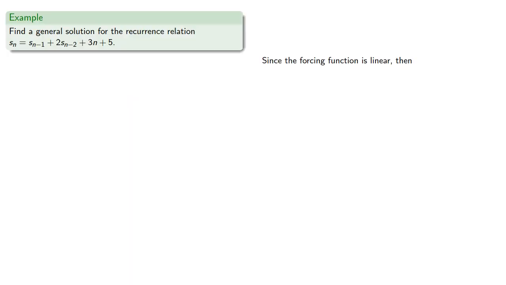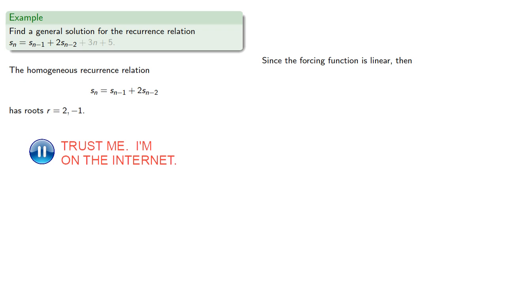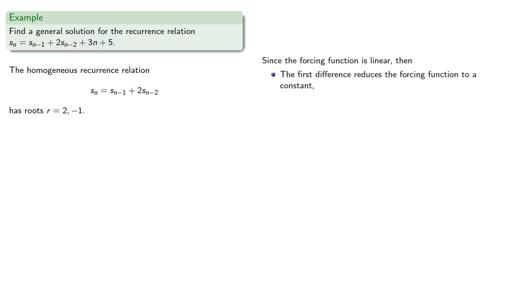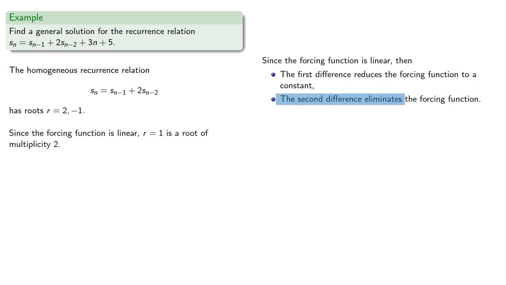For example, let's try to find a general solution for this recurrence relation. The homogeneous recurrence relation has roots of 2 and negative 1. Since the forcing function is linear, then the first differences reduce the forcing function to a constant, and the second difference eliminates the forcing function altogether. And so r equals 1 is a root of multiplicity 2, and so the general solution will be